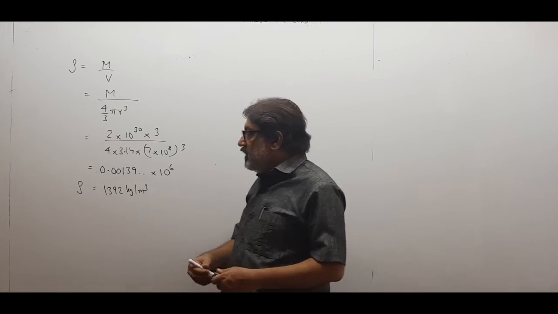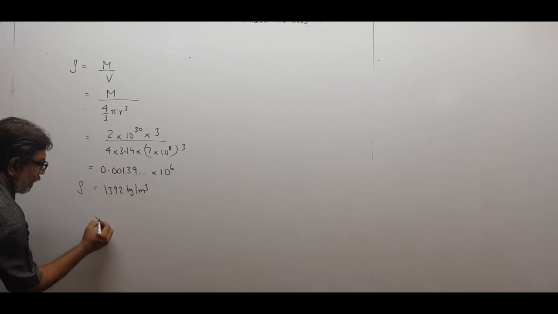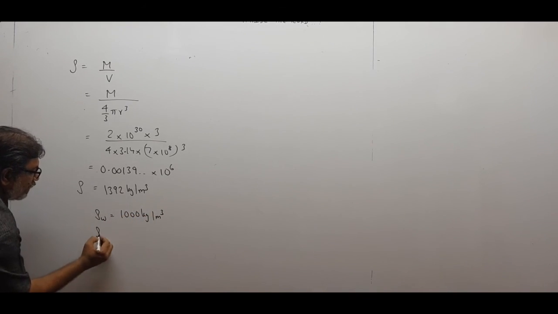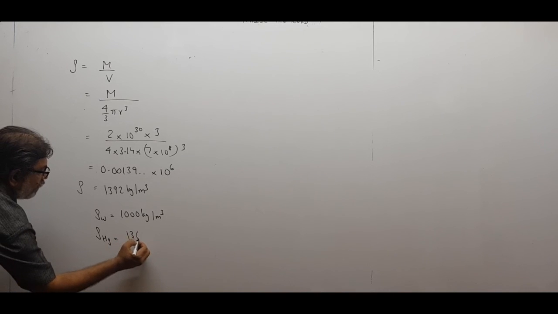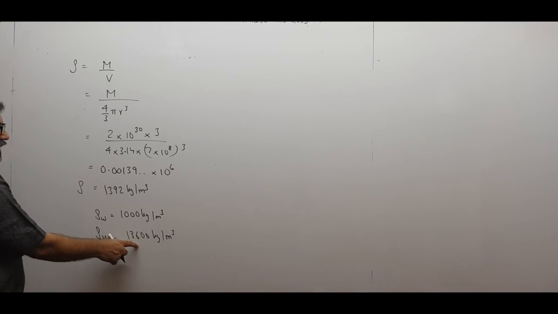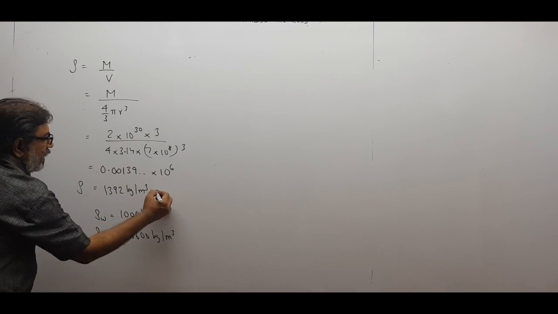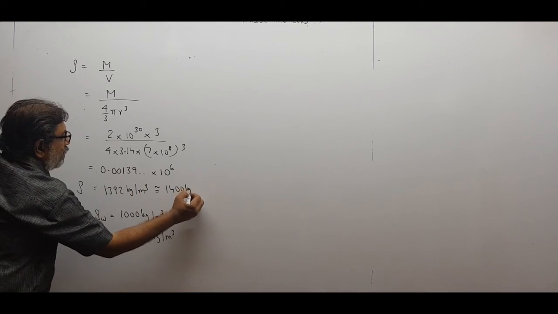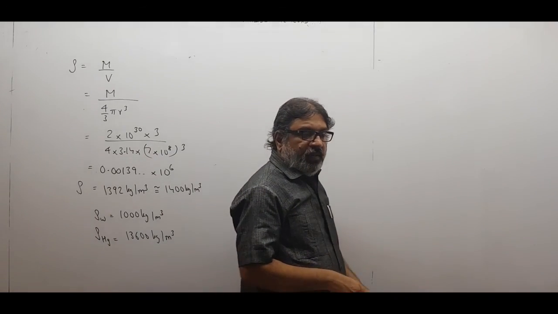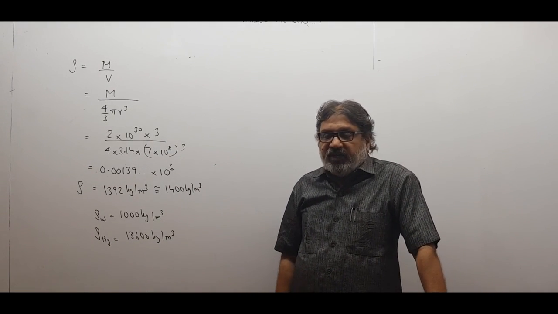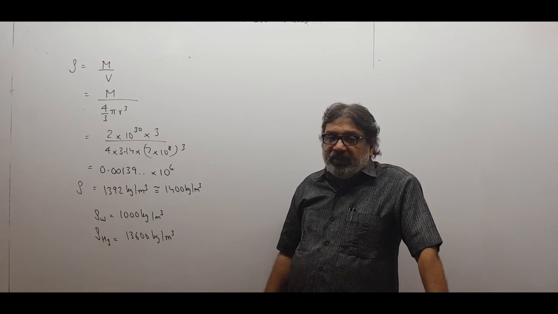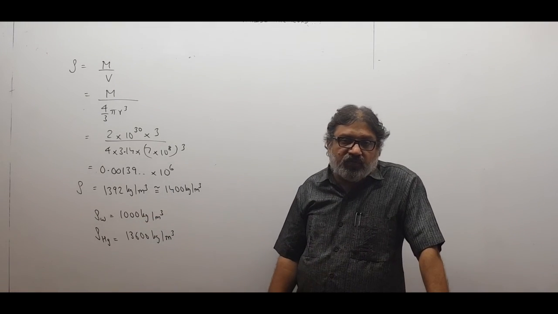And you know the density of mercury. See, the density of water is 1000 kg per meter cube, and the density of mercury is 13,600 kg per meter cube, and this is only 1300, approximately 1400 kg per meter cube. So maybe this density is in the range of liquids or solids, but he was saying at such high temperature, when it is in a plasma state, when there are free nuclei, ions and electrons moving around, how come it has a density in the range of liquids or solids?